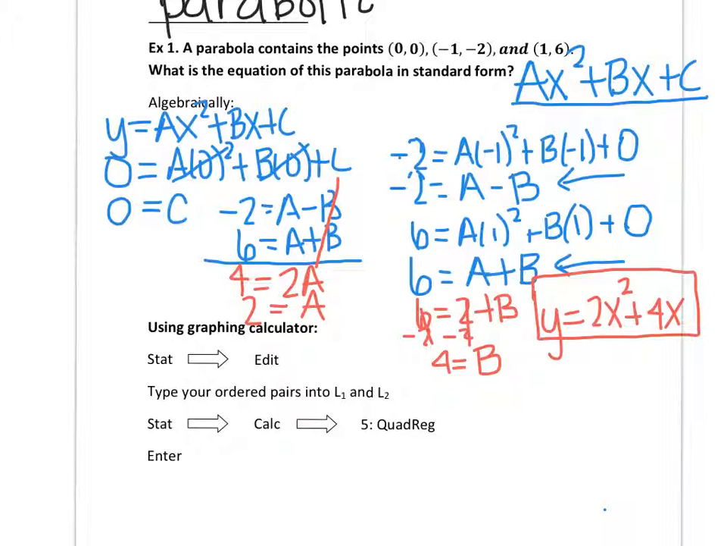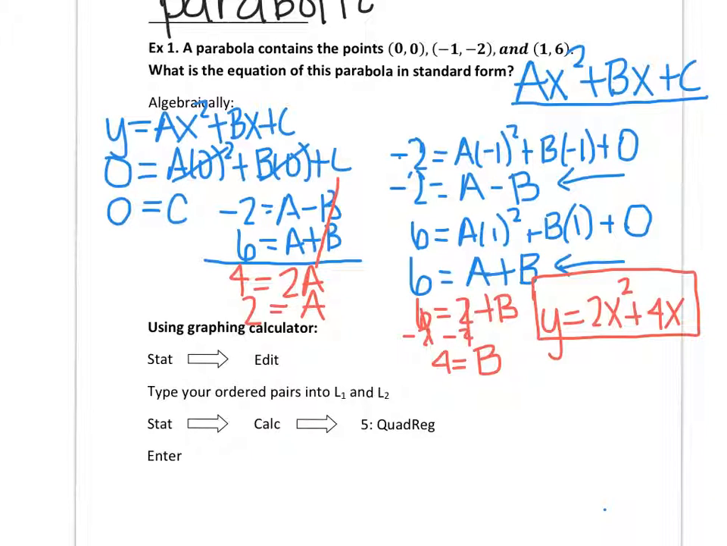It says stat edit. So you're going to go to stat edit and notice your L1, L2, L3 screen pops up. You're going to put in your ordered pairs. So for L1, I'm going to put in my x values, which are 0, -1, and 1. For my L2, I'm going to put in my y values, so 0, -2, and 6. Okay, so once you do that,